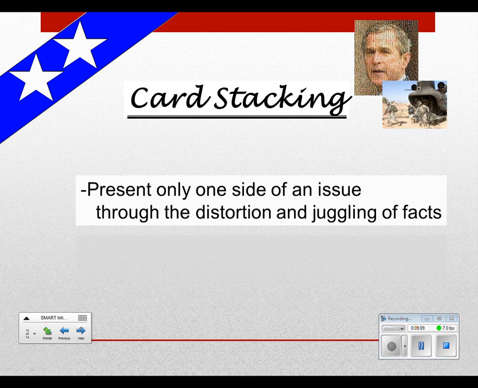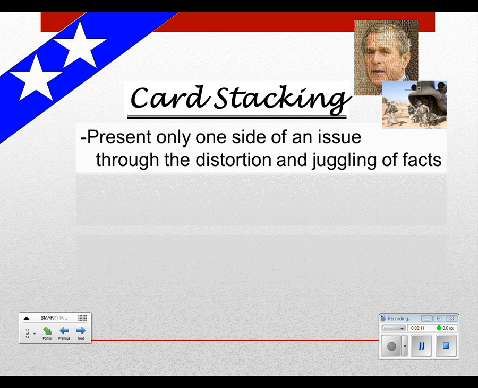Okay, and I think the last one I'm going to have, there might be one more, is card stacking. This is where you present one side of an issue through a distortion of or juggling of the facts. So you present something that's misleading. You try and show only the bad stuff. The anonymous mailer that went out against Mr. Frazier would be card stacking, because you're trying to associate a scandal from the 90s and tie that to him,